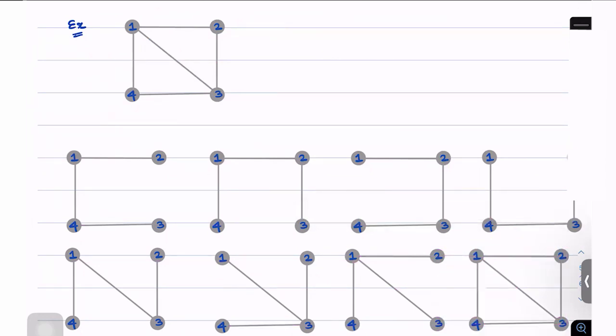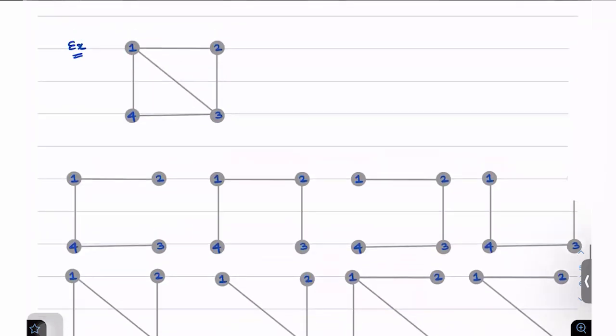Now we can remove these two edges. So what you observe here is that all of the spanning trees that we see here are in fact distinct from each other. All of them is indeed a valid spanning tree, meaning this network that's shown here has 8 spanning trees. So if we apply Kirchhoff's matrix tree theorem, are we going to get that? Let's try to understand that.